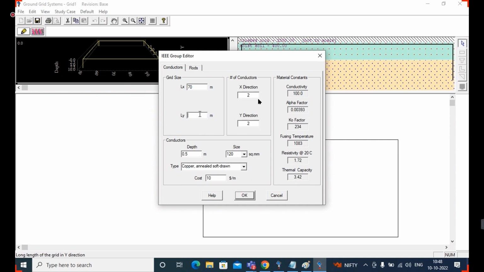In between the 70-meter earth mat, I am going to use 11 copper conductors for the X direction as well as the Y direction.